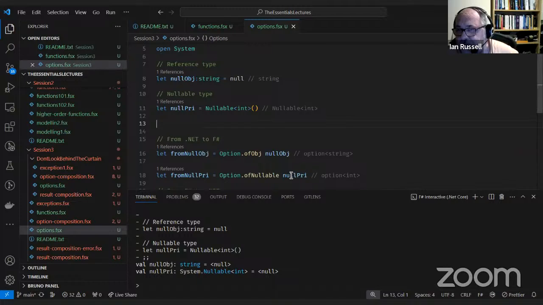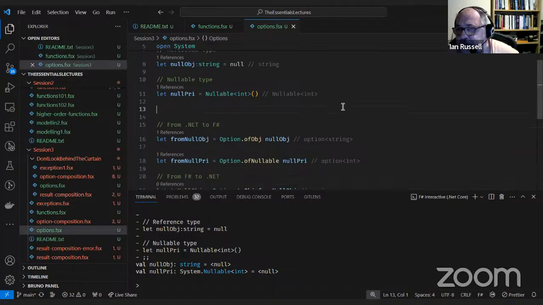So in this case, we have two functions called of_obj and of_nullable, and they literally convert a potentially null reference object to an option type and a potentially nullable to an option type. So in this case, we know that null_obj is null, and we know that null_pry is null.